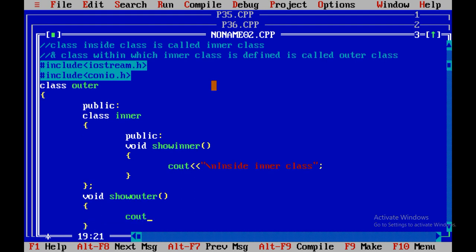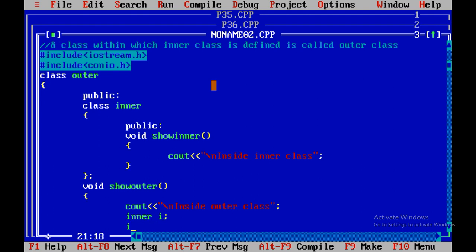Inside that cout \n inside outer class. In that show outer method I have created an object of the inner class and I called i dot show inner.